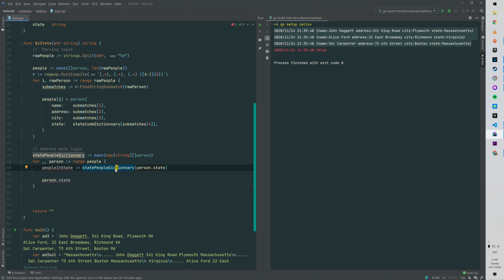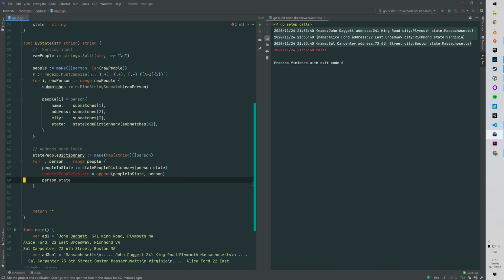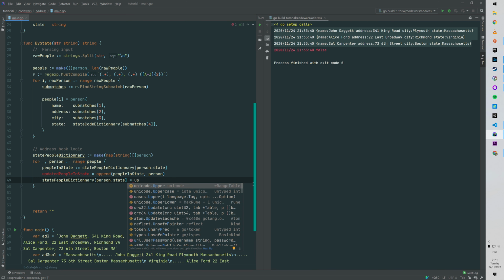So we can say the updated people in state would be the people in state already plus that person, and then that's the updated people in the state. And then I just need to update my map. So state people dictionary, and then with person.state, I'm going to replace that by